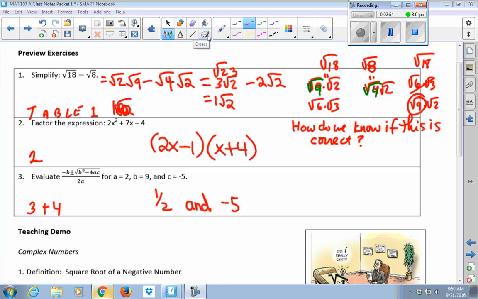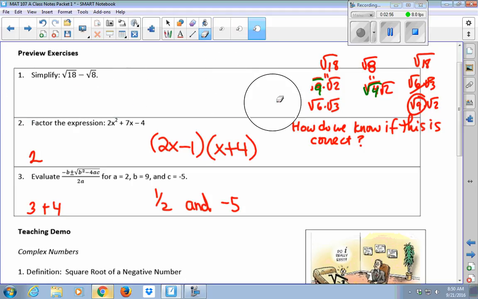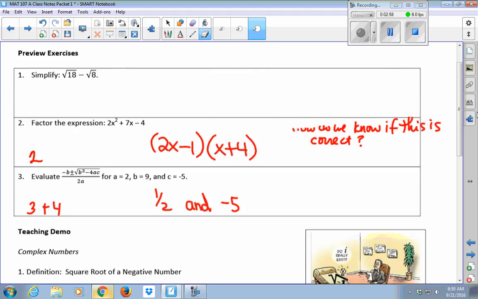Right. The other thing I want to point out is this property. I'm just going to erase everything here. Is this property that we used here? We just said that the square root of 9 times the square root of 2 is equal to the square root of 18, or vice versa. The square root of 18 is equal to the square root of 9 times the square root of 2. And this really comes from our